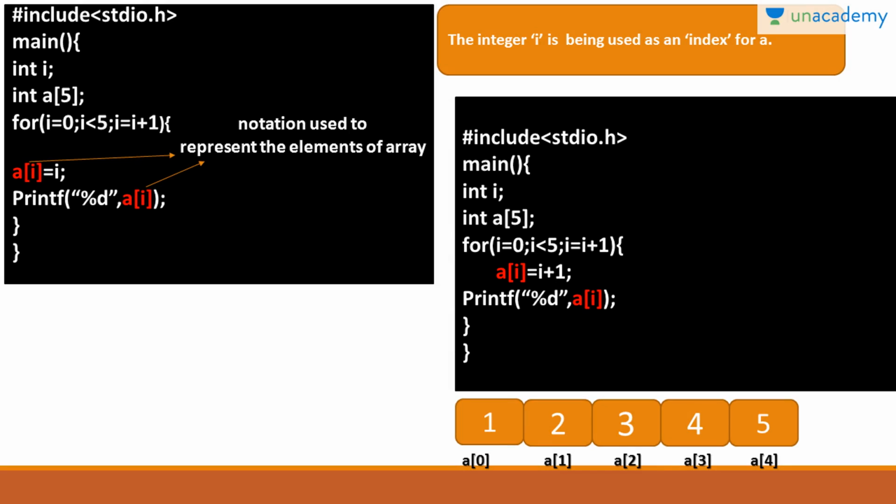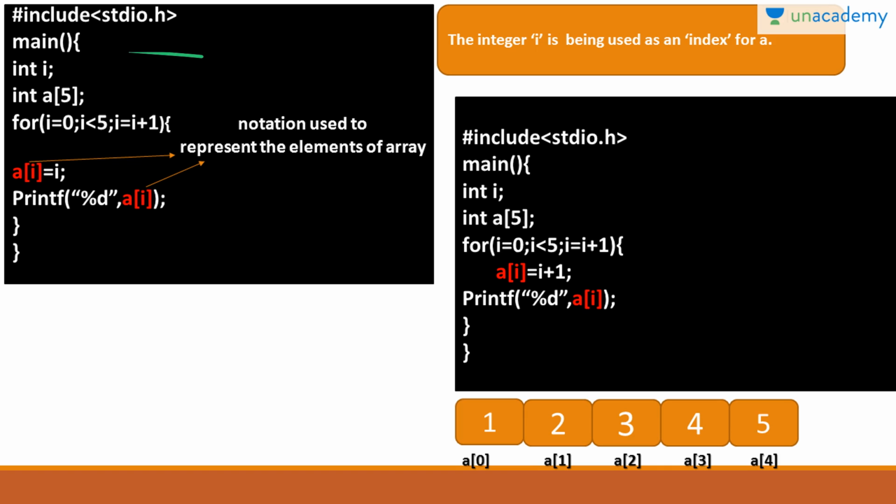Now look at one example. Here we have taken #include <stdio.h>, main, int i, a variable, and int a[5]. For i equal to 0, i less than 5, i equal to i plus 1, it will print a[i] equal to the value I have assigned.